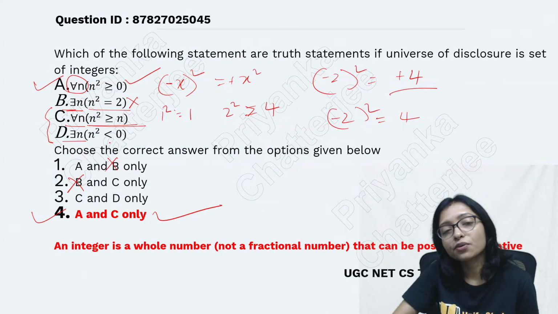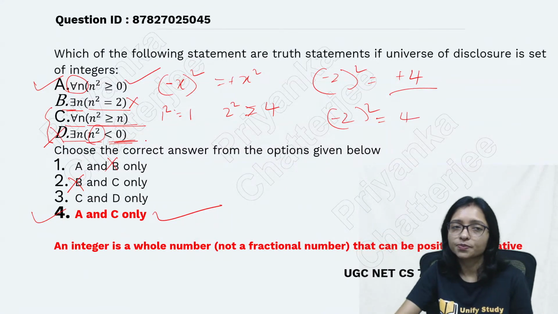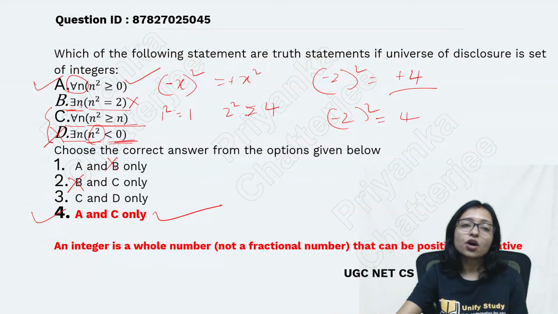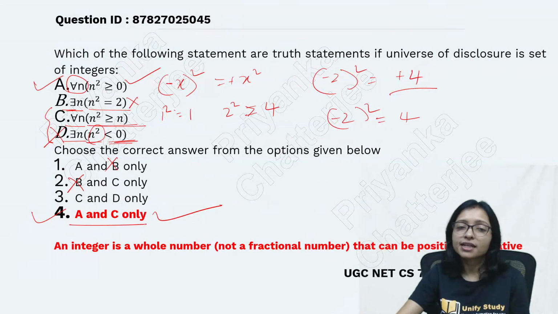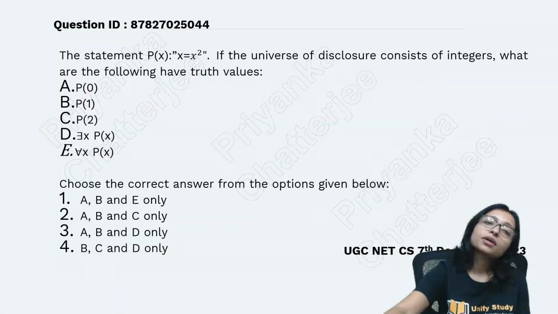There exists n where n square is less than 0. Anyhow not possible. Because whenever you are doing square, it will obviously be greater than or equal to 0. Anyhow, it cannot be less than. So that's why option D is wrong. So option A and C is the correct answer. Very simple, very easy. I am giving you